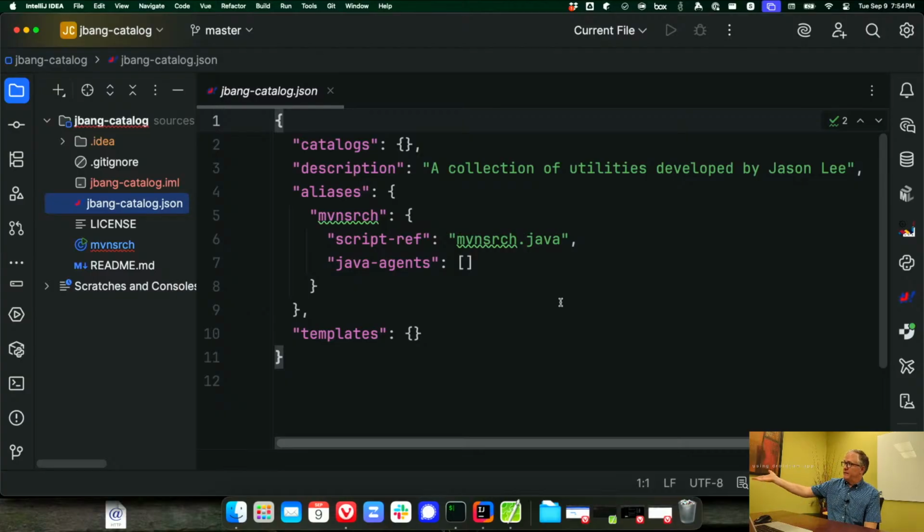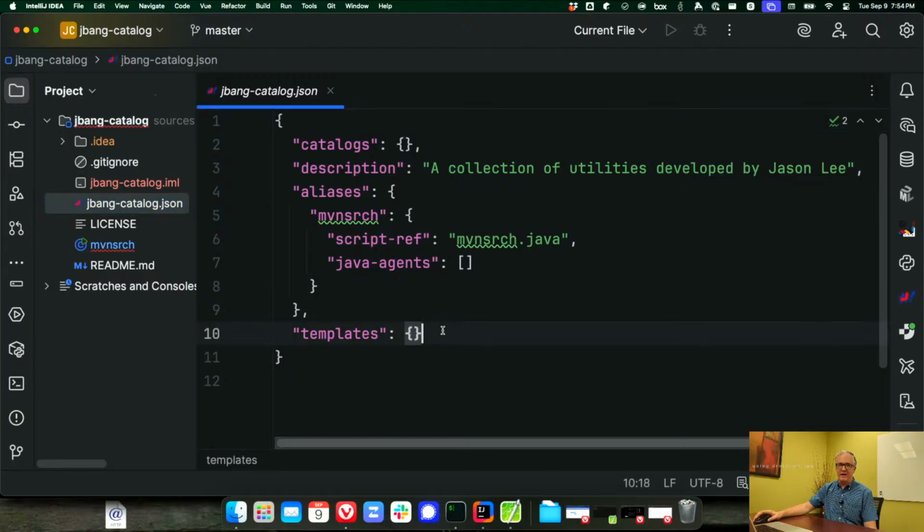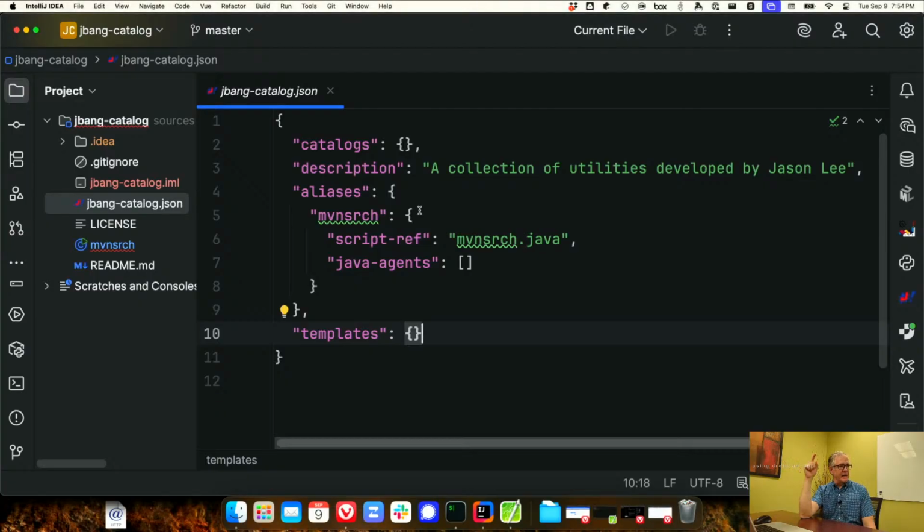And really, there's not much to it. It's got a description, it's got a list of aliases, which is weird because aliases is an object with a bunch of properties on it rather than a list with a bunch of JSON objects, but whatever. But that's what's going on, and I just have the one, and I think you can find your own templates if you want. Then I commit that to GitHub, I push it, and then I can say